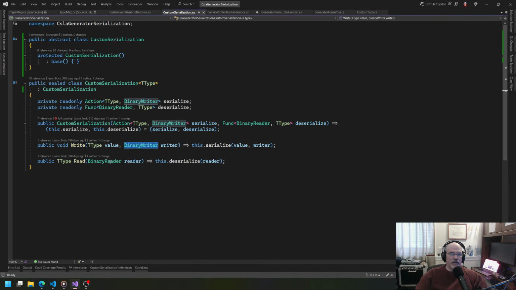Which is use a binary writer and a binary reader. Serialization info doesn't do that. It just has like an add value, or like you may have seen before. So it's a little